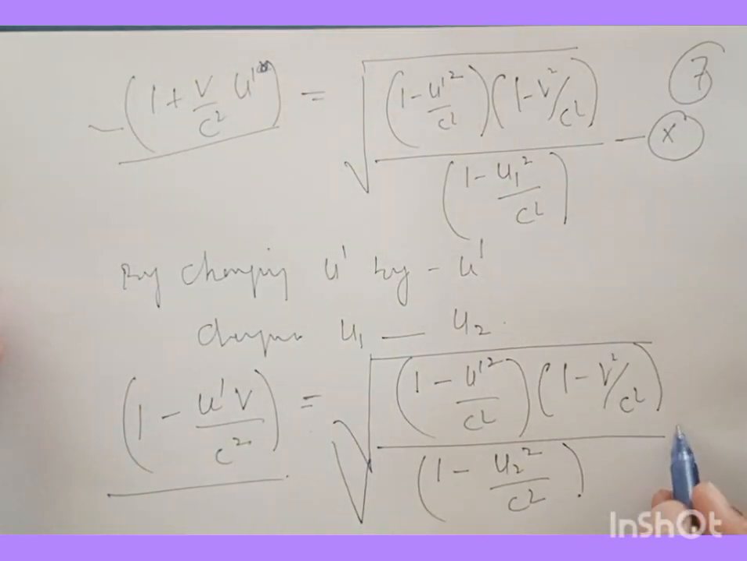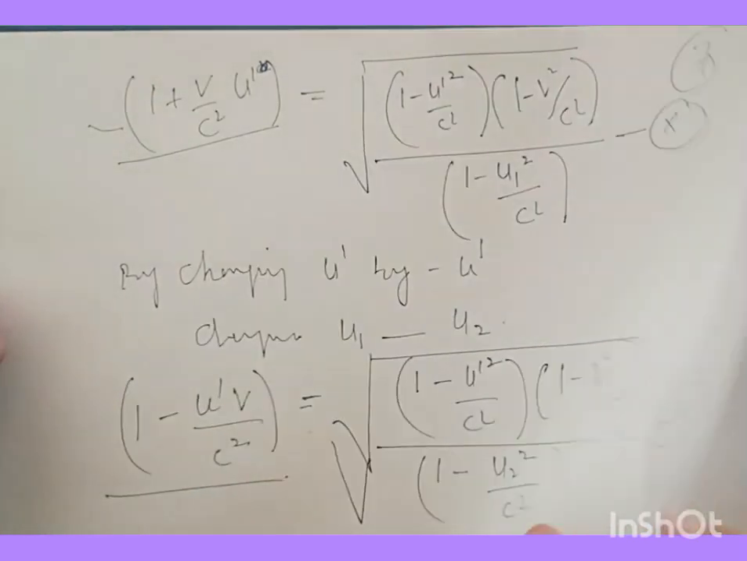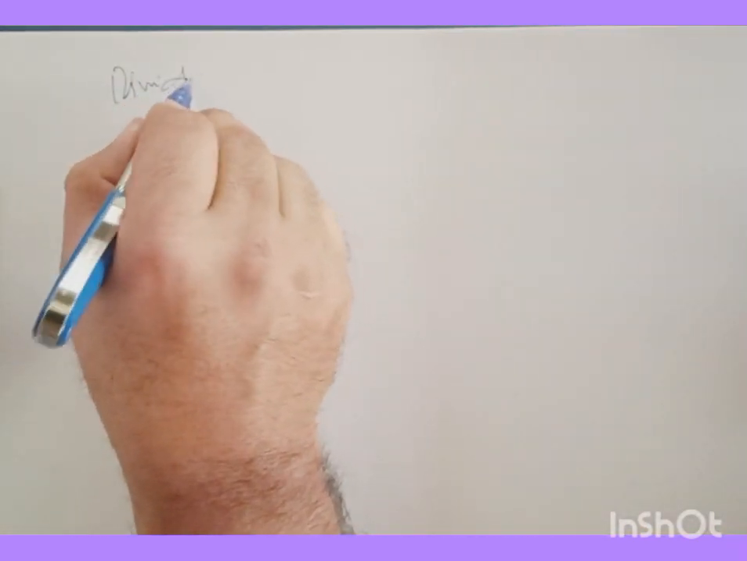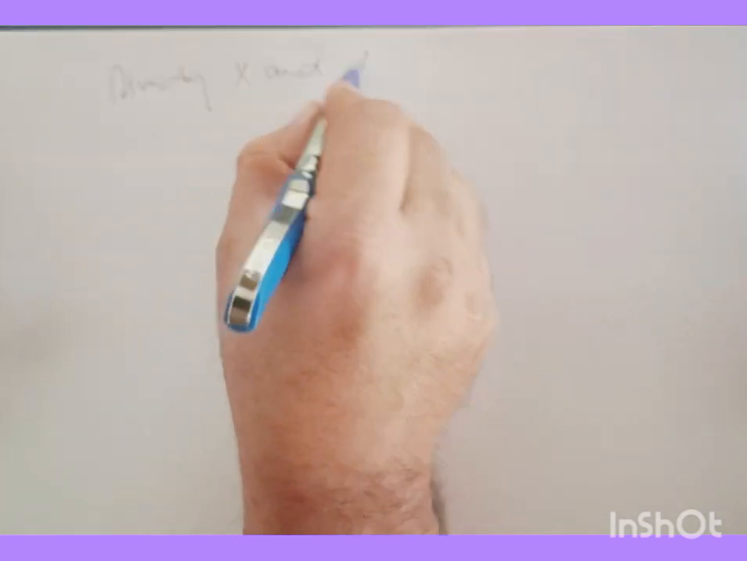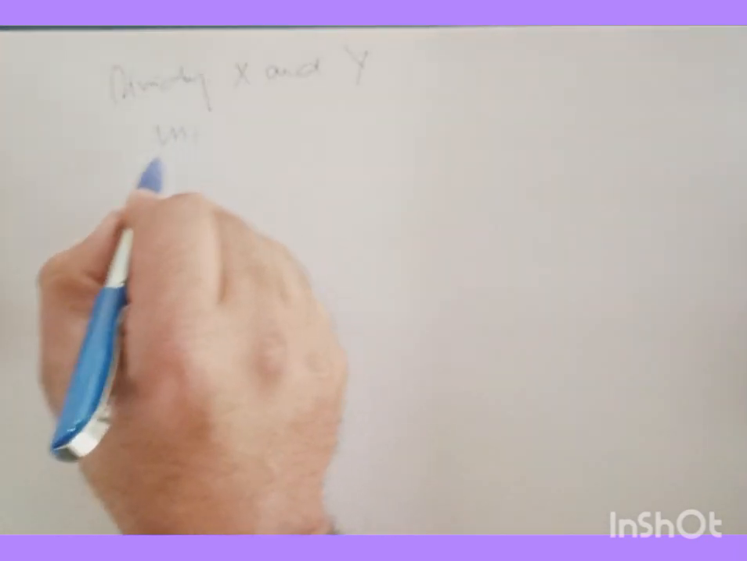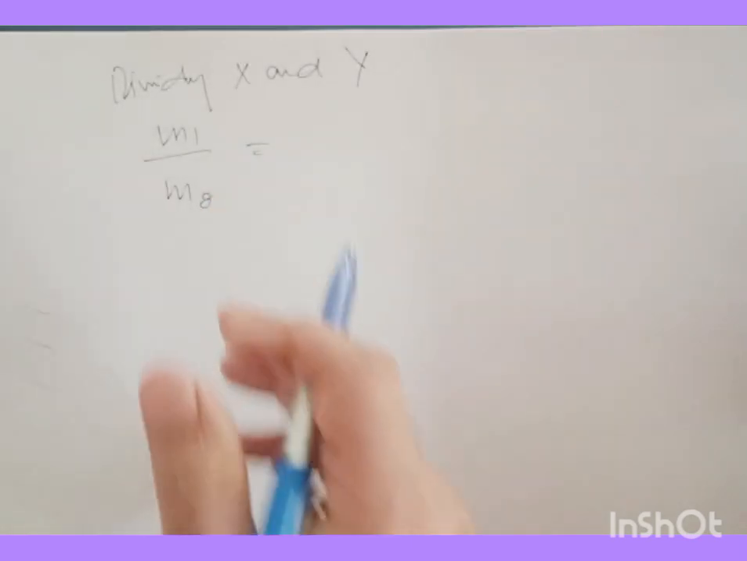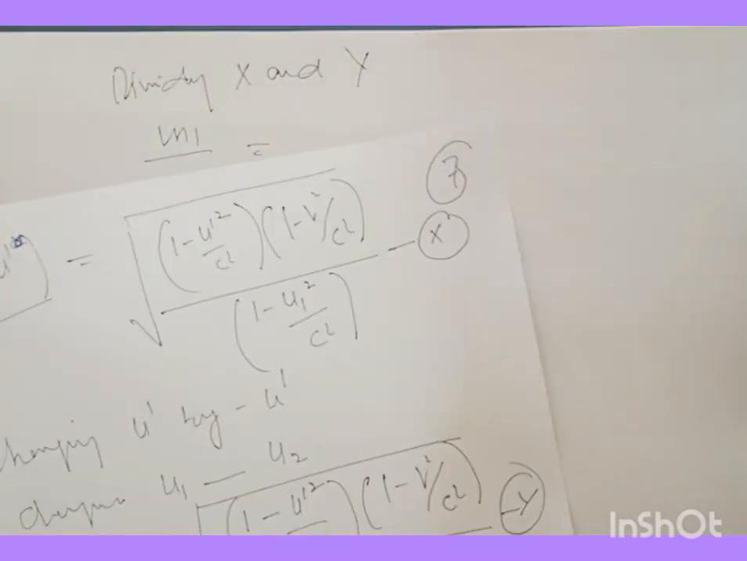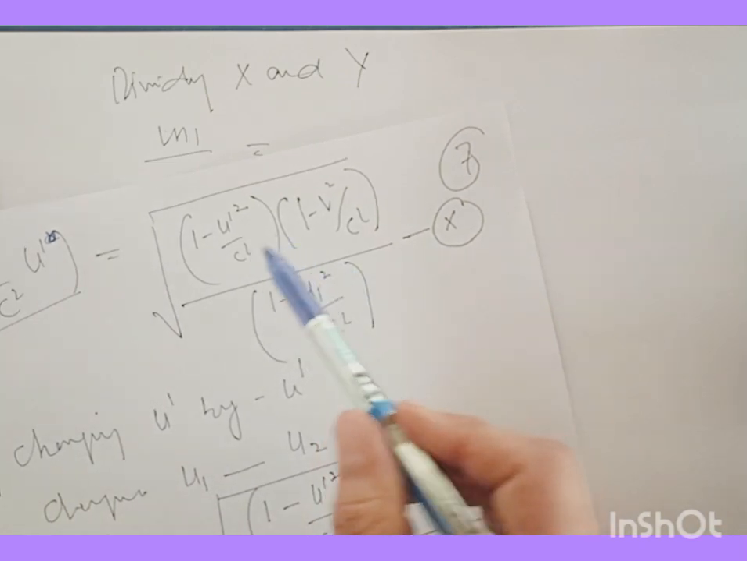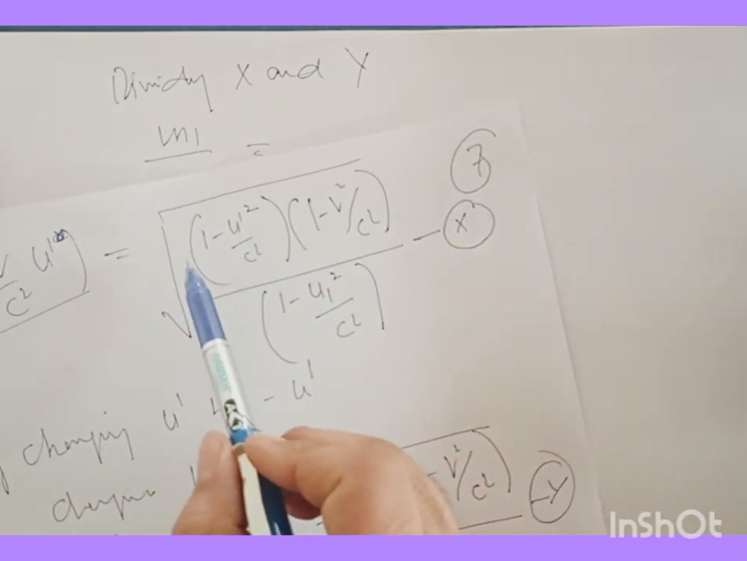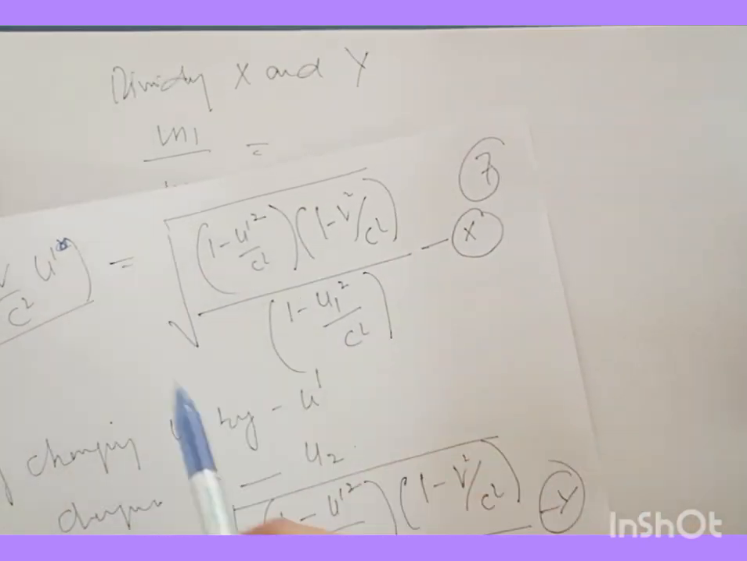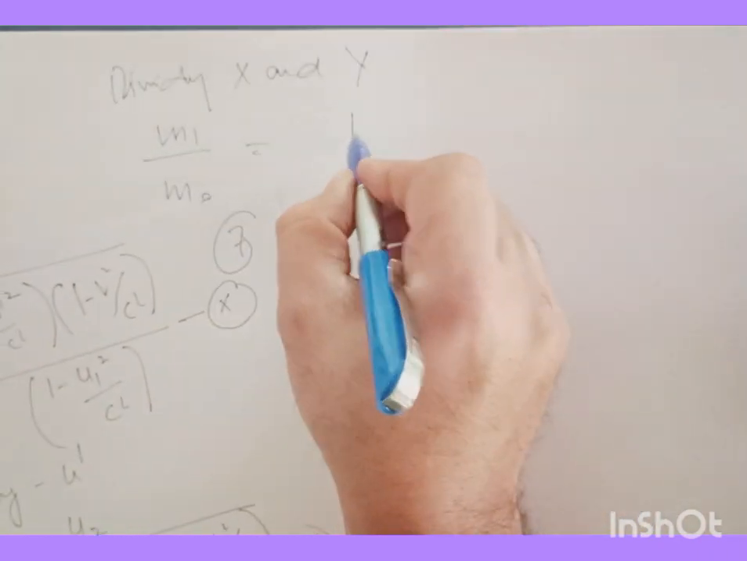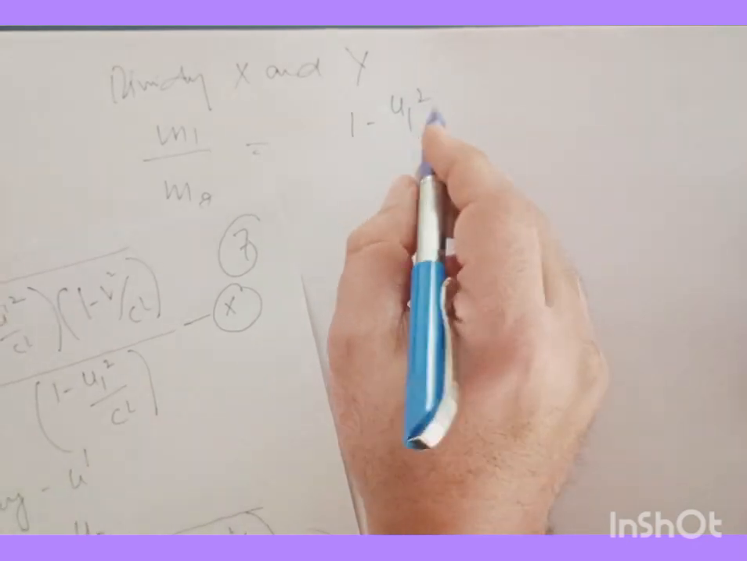So x, that was x, this is y. Now I'm dividing x and y. Dividing x and y will give me m1 by m2. Okay, so we can see here one thing is quite clear, that these denominators will cancel, these numerators will cancel, and what we'll be left with is 1 minus u1 square by c square whole raised power 1 by 2